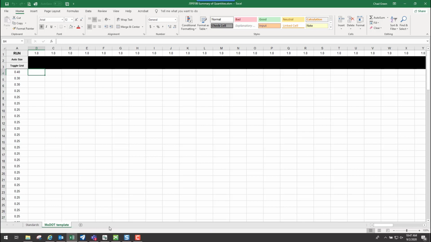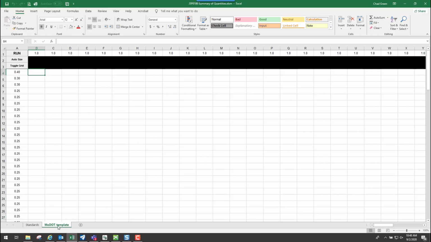So if you have a quantity for striping, you'd have one tab for that. Or if you got quantities for rock, maybe you'd have a separate one for that. So basically for each quantity block that you will have, you'd want to create a separate tab for each one of those. That way whenever you run that later on, it'll take all that information from that particular tab, and then you can place the quantity block in the location that you want in the MicroStation file.